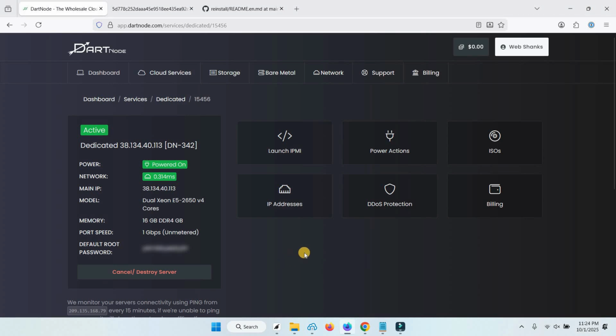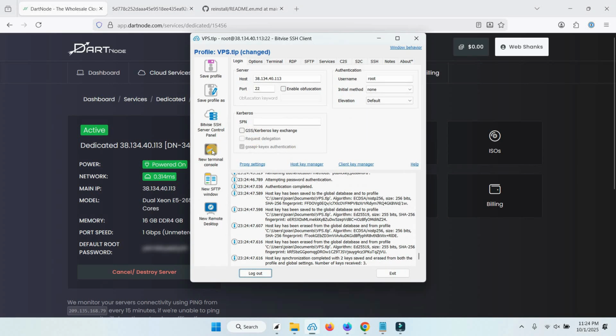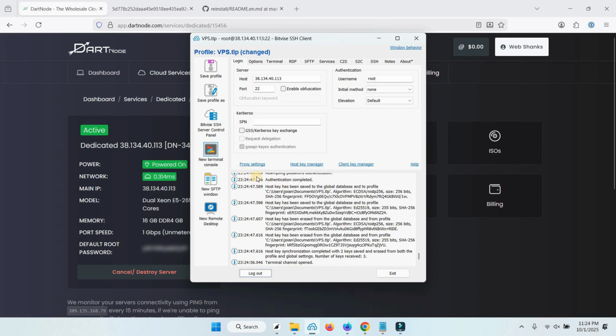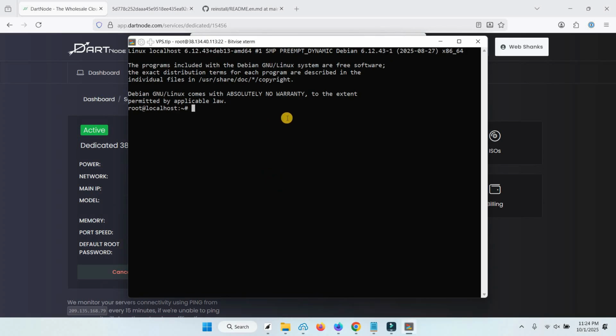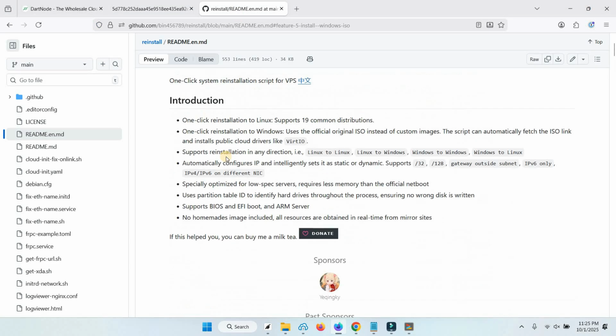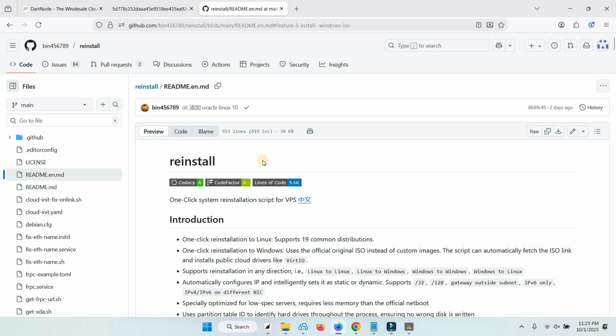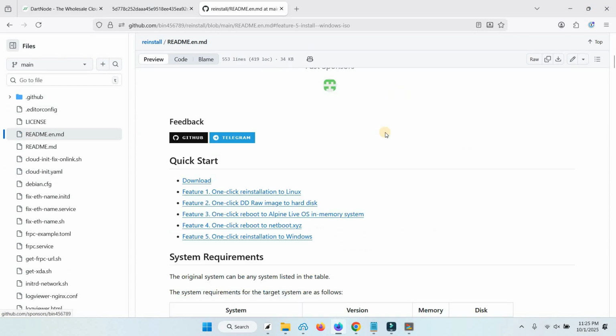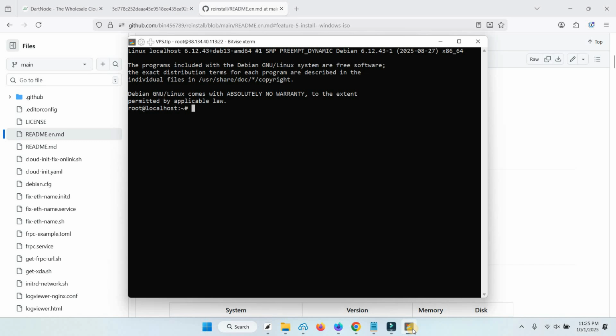So I'll just open my Bitdevice and open a new terminal console, and right now I am using Debian 13 and I'll show you how to do it. So I am here on Reinstall on GitHub and I will put the link in the description down below. I have Linux as my current operating system,